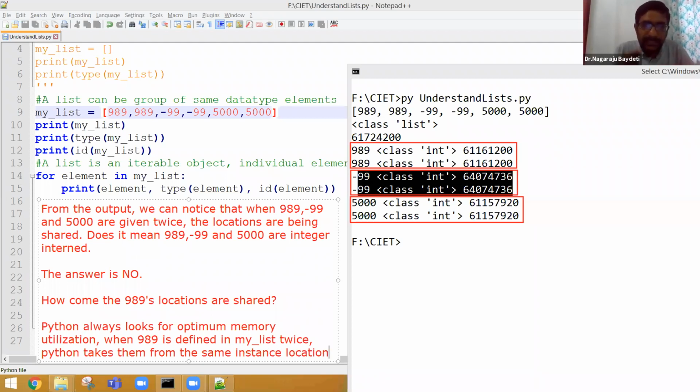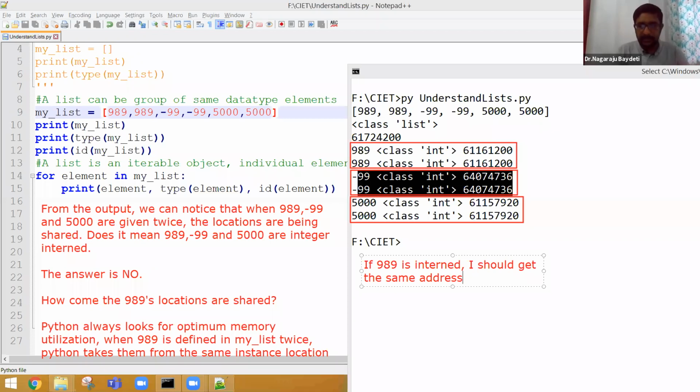Suppose if it is interned, if 989 is interned, I should get the same address locations when I execute the program again. But we will get another set of locations.